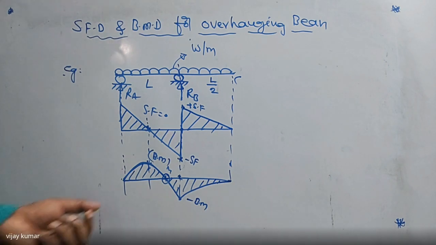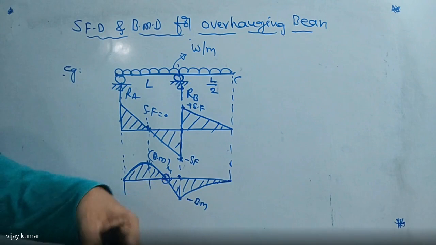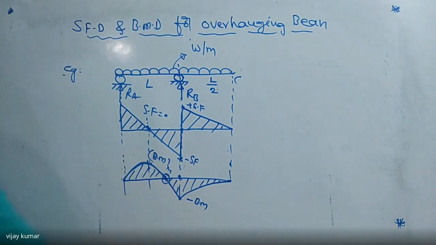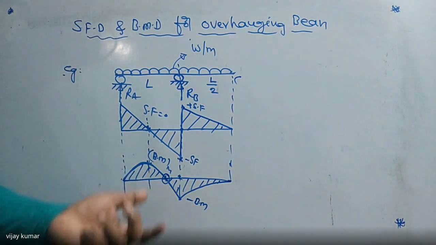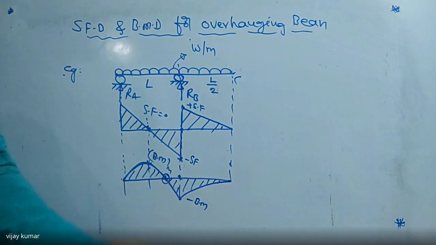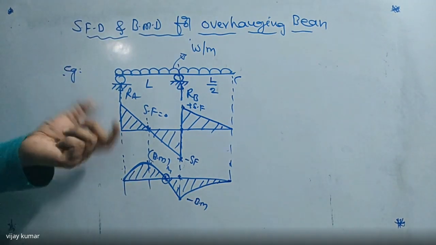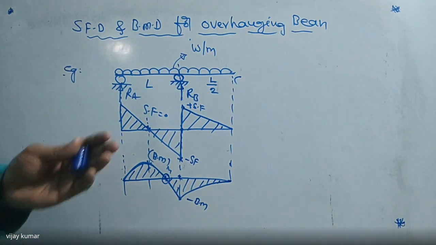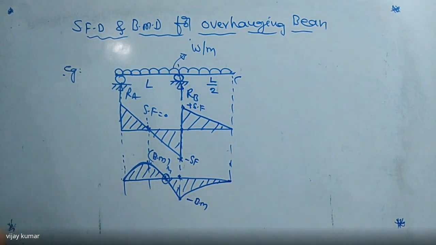So in the general examination, they will ask how to find the contraflexure points, and at what distance we will get the contraflexure points. Everything we can find. But from the GATE point of view, in competitive exams, they ask questions only on drawing the shear force or bending moment diagram. Otherwise, they will ask to find the maximum bending moment or maximum shear force on the beam.